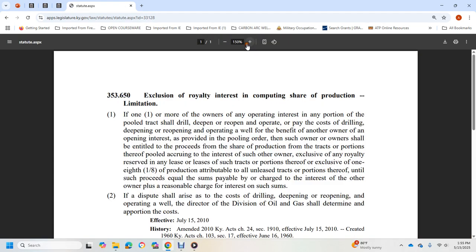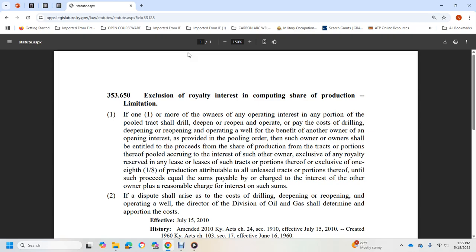Alright, 353.650, exclusion of royalty interest for computing share of production. If one or more of the owners of the operating interest in a portion of the pool tract drill, deepen, or reopen, and operate a well and pay the cost of the drilling, deepening, reopening, and operating of the well for the benefit of another owner of the operating interest, as provided in the pooling order,